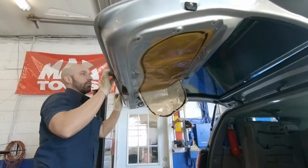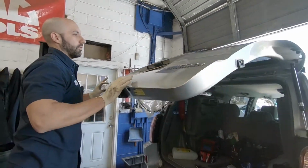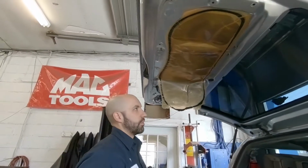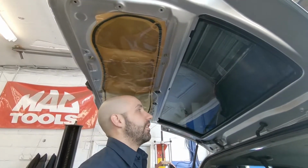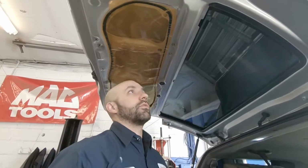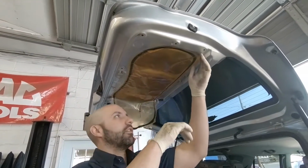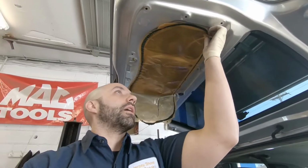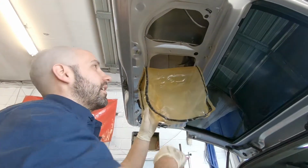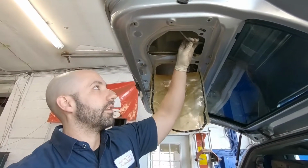So a customer has an issue with the rear defrosters not defrosting the window, and the windshield wiper is not working at all. This is a Toyota 4Runner, so this glass rolls down. The fuses looked good. I'm going to find a circuit back here for the rear defroster, kick it on, and see if I have power back here. Just start there. And once I diagnose what's going on with the defroster, which is this wire right here,